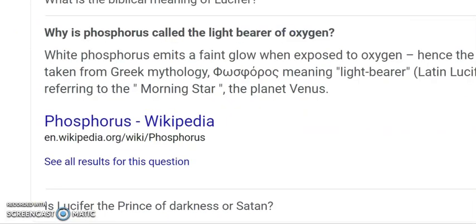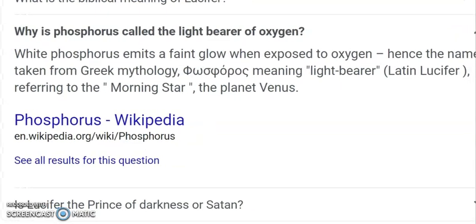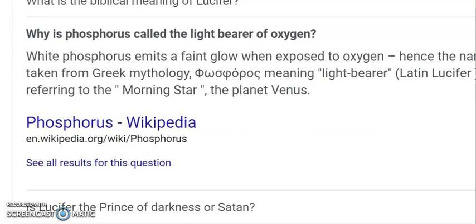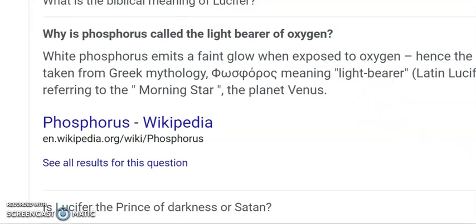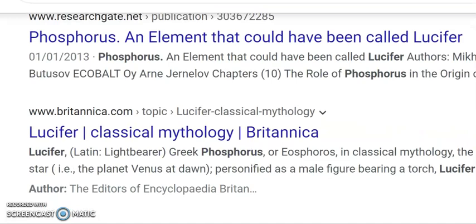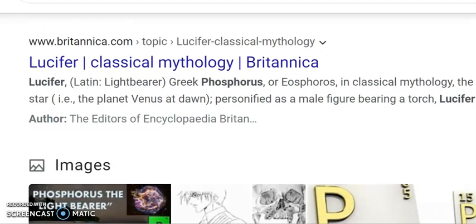This stuff basically ties in with Statue of Liberty ideas in America and all that, right? Because the Lucifer light bearer became Venus, right? And obviously the Statue of Liberty is also a light bearer, holding the torch. So that's pretty easy to figure out. But it says here that the planet Venus is personified as a male figure bearing a torch, where obviously the Statue of Liberty looks like a female, doesn't it? You know what I mean?